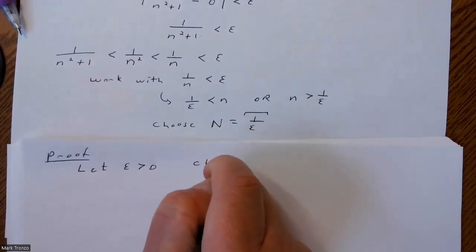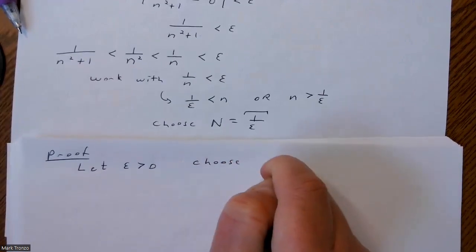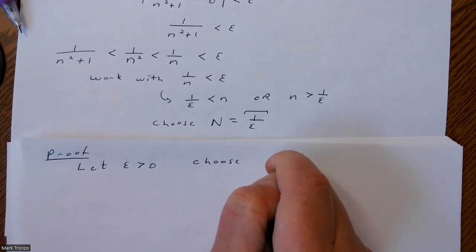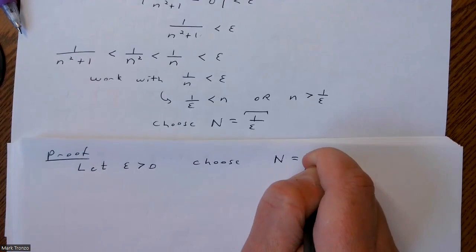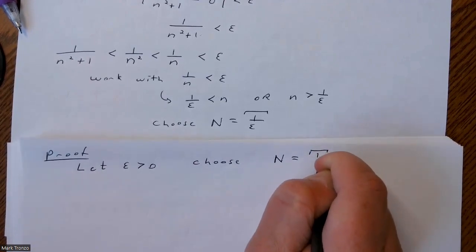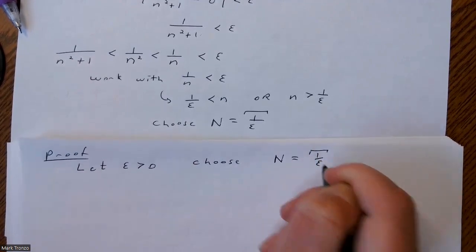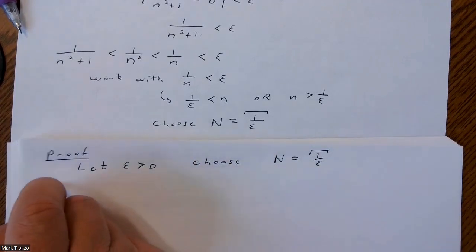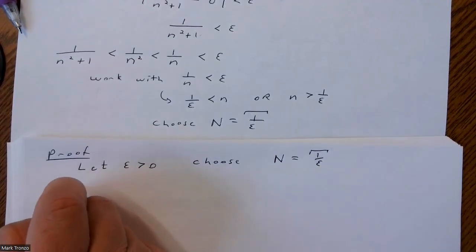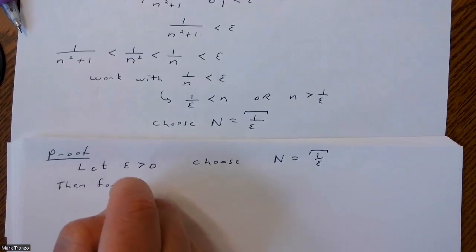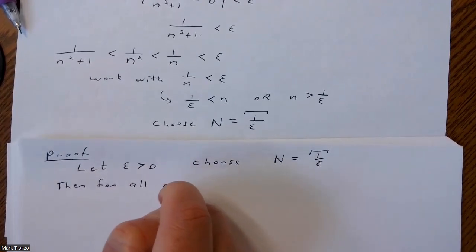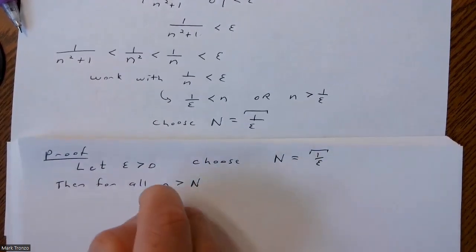And then choose our N to be 1 over epsilon. Then for all n that is greater than that N that we chose,